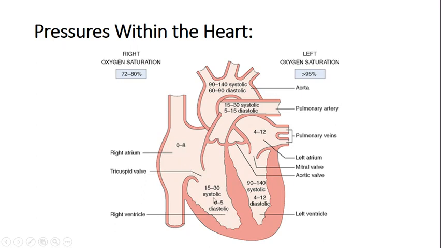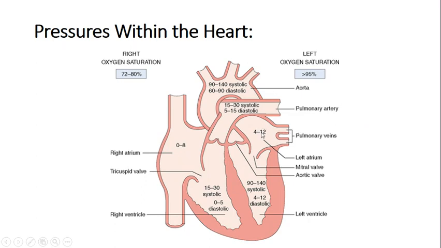The diastolic pressure when the right ventricle is relaxed has to be around the same range as the right atrium, so it will fill. So it's 0 to 5 or so. So the 15 to 30 is fairly low pressure, but all this really needs to do is get the blood to the lungs and back, which is a pretty short trip. So it goes out through the valve to the pulmonary arteries, 15 to 30 systolic for these pressures, comes back in from the